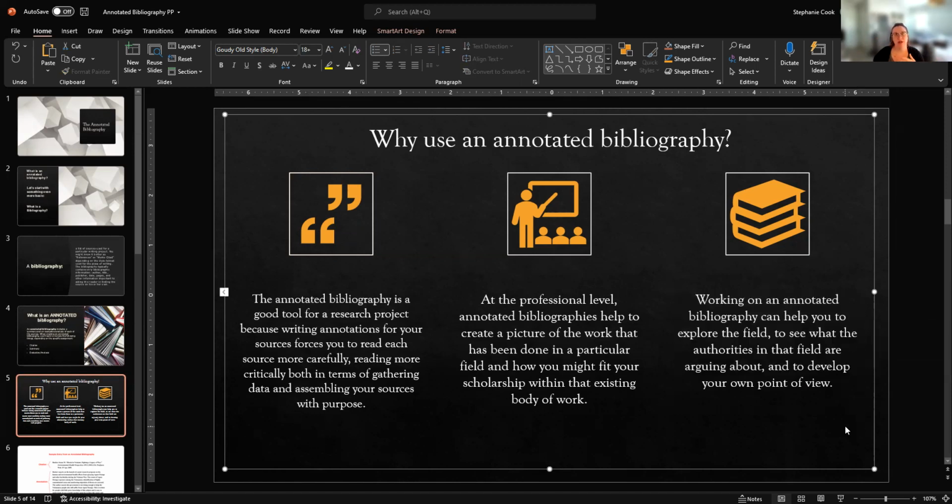Because we're doing a controversial issue, you're seeing different sides of a topic in your academic career that you might not have seen on your own. If you have a strong opinion about one topic and you already think this is the right opinion, then you might not ever explore that other side. And by doing this annotated bibliography, you're being forced to explore the different sides